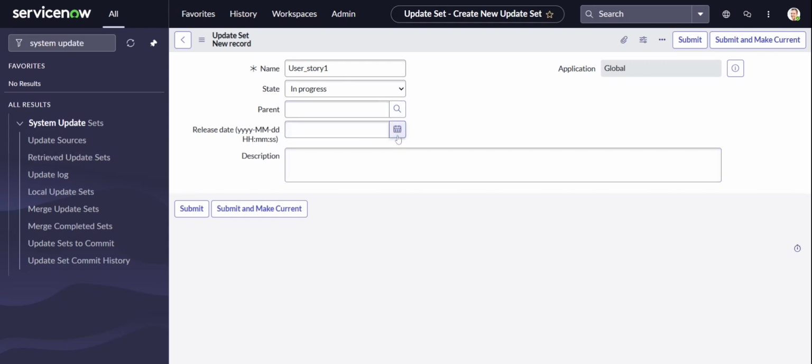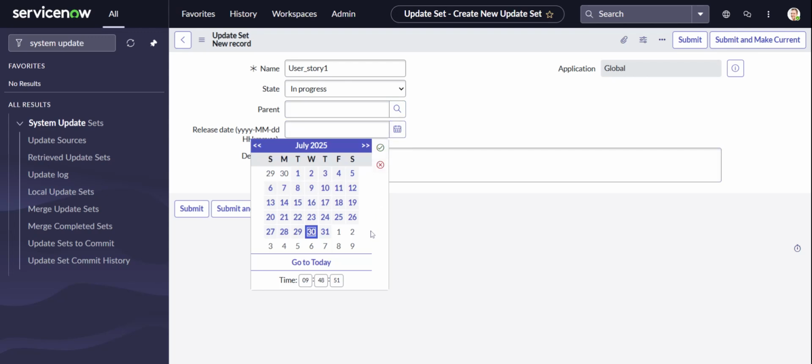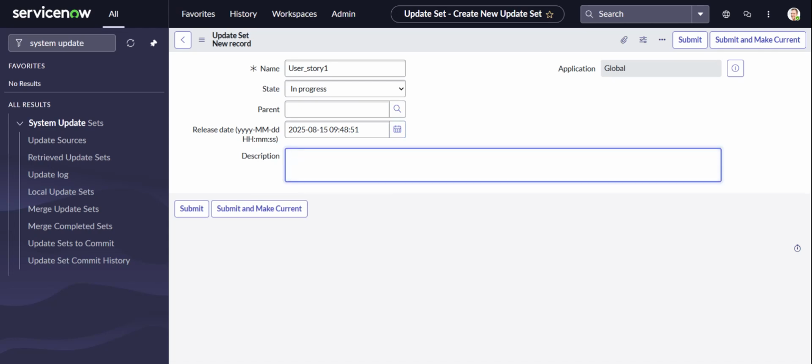The release date is not mandatory, but if you have it, for example the sprint gets over in the upcoming 15 days, so today is 30th of July, and suppose your sprint gets completed on 15th of August, then the release date will be 15th August, so I will put the temporary date as 15th of August, and the description would be to add one category name as